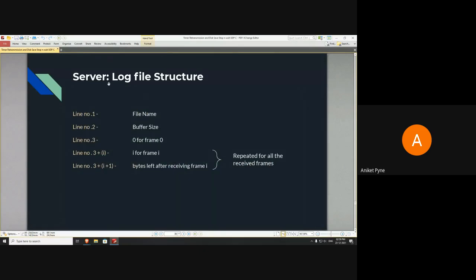This will be my log file structure. In my log file, the first line will be the file name. The second line will be how many data per packet, or the buffer size. Then it will contain 0 every time for the 0th frame. I'll be storing the frame numbers and bytes left afterward, but for the first 0th frame it